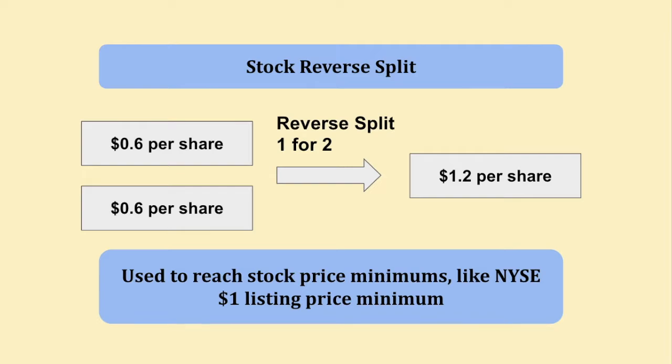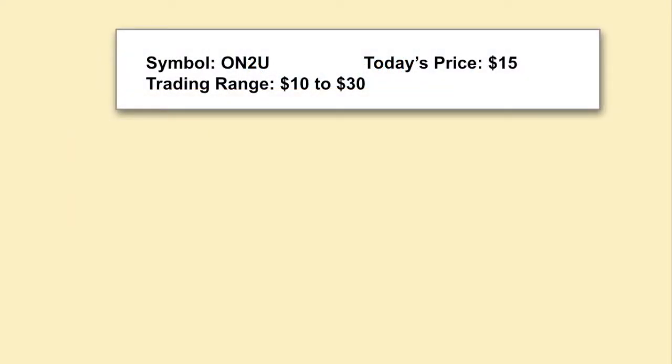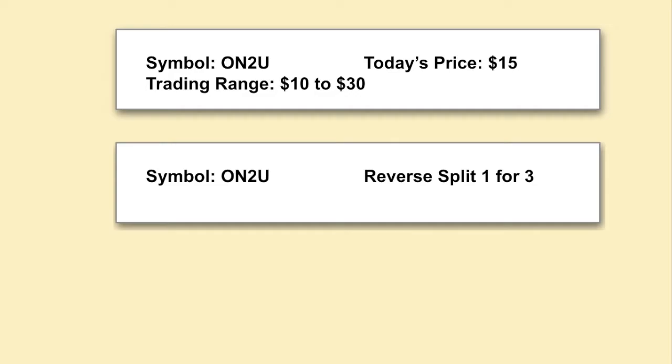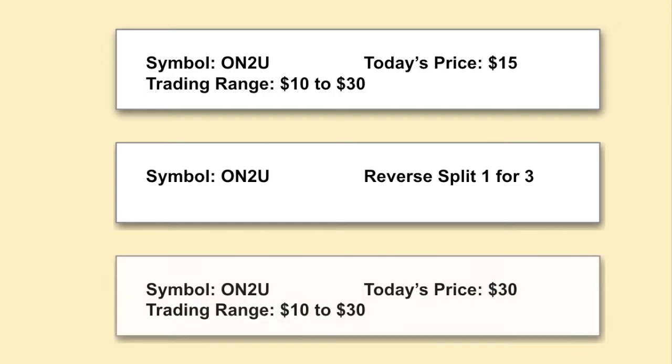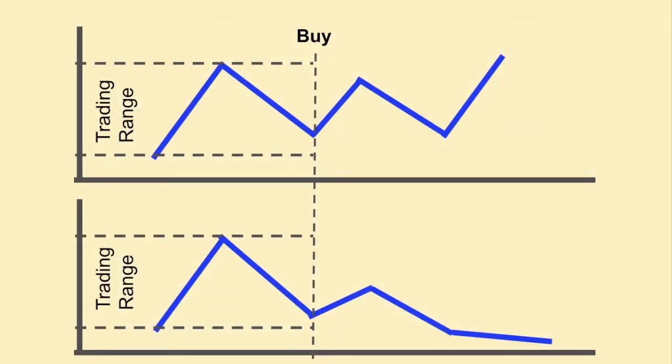Keep in mind that the cards in this game are fixed in print. Let's say you bought a stock at $15 and its moving range is 10 to 30. 15 seems a pretty good buying price in this case, but if you hit a stock reverse split of 1-for-3, your share price would jump to 45, while your market cards will still only give you selling opportunities mostly at 10 to 30 range. This means you will most likely get an investment loss. This is actually a good design to ensure that you still see the risks of buying stocks at a seemingly low price, because in real life, there's no guarantee your stock price will go back to its previous high.